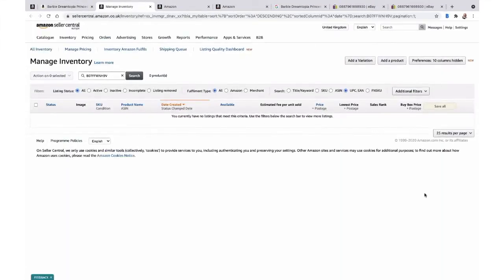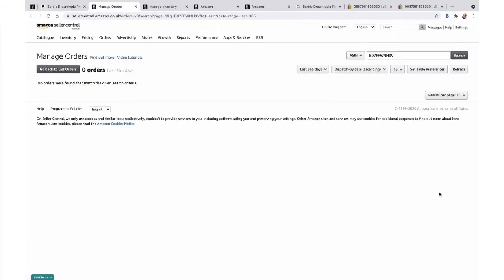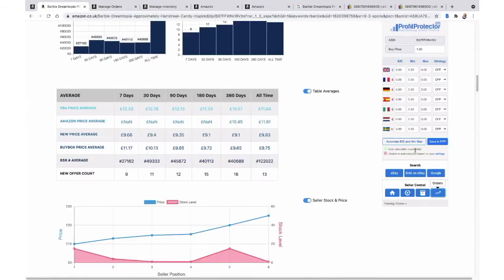You can go to your inventory page within Seller Central. Obviously this account doesn't have any inventory, so there's nothing in there, but normally that'd be populated with all of your listings and all of your information. And you can go to your orders page as well. Hopefully, if you've got a successful online arbitrage business, you'll go into this page and there'll be lots of orders and information about your orders in there. So the quick links are located at the bottom of BuyBotPro, and that's super helpful in helping you get to wherever you need to get to in a hurry.